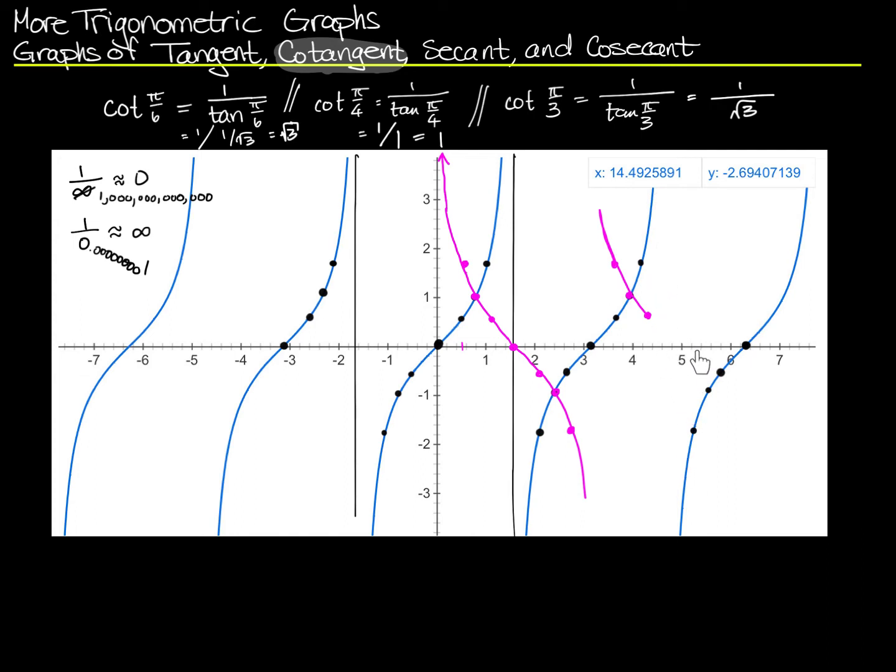Remember from our tangent graph that we found that there was an asymptote at 3 pi over 2? Well, 3 pi over 2 is about 4.7, so we're about there. About there. So I'm going to come through the x-axis there, and then I'm going to have a similar arrangement